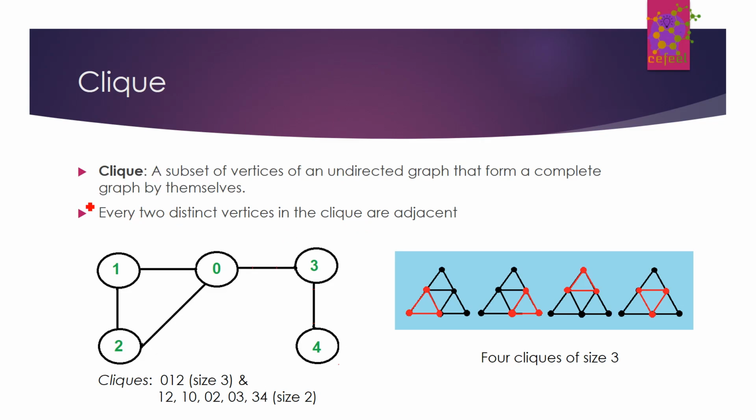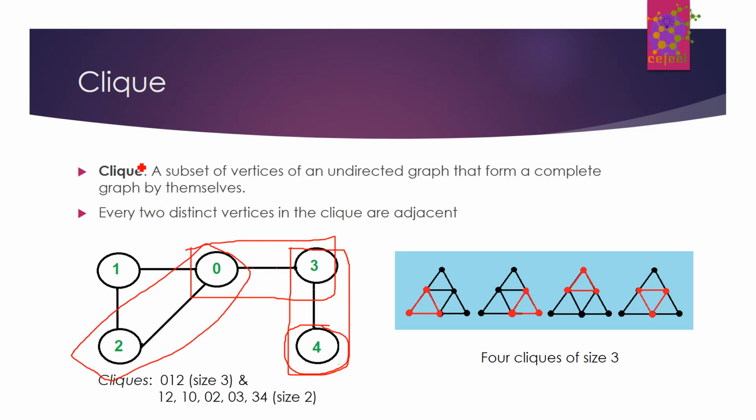So in the given graph here, we can see we have highlighted cliques of size 2 and 3. Usually a clique of size 1 is trivial, which means any vertex we take is a clique of size 1, and every edge we take is a clique of size 2. So 3 and 4 is a clique, 0, 3 would be another clique, 0, 2 another clique of size 2, 1, 2 and 1, 0 too. But let's see what a clique of size 3 is.